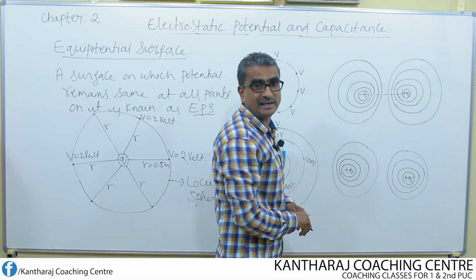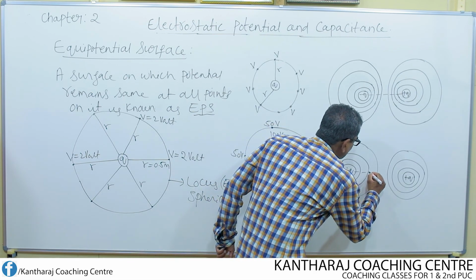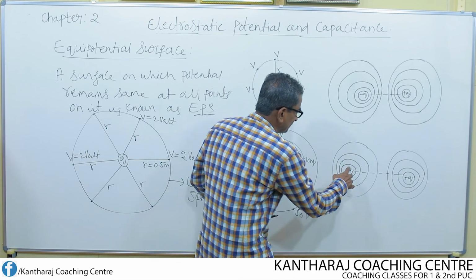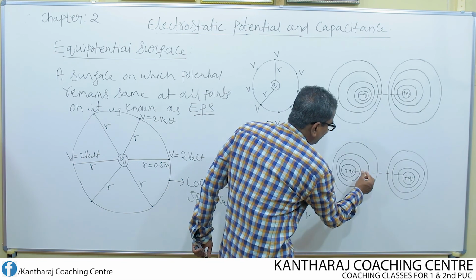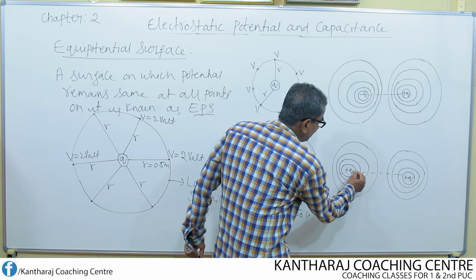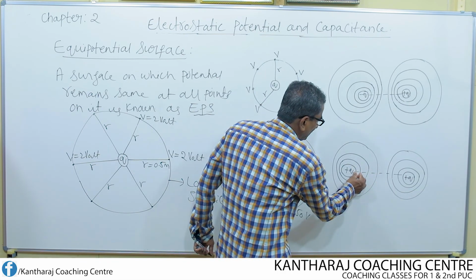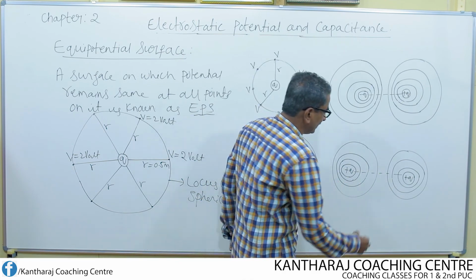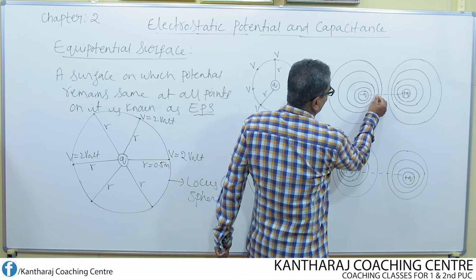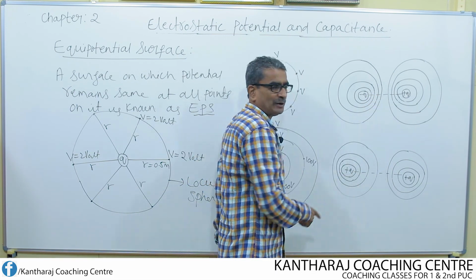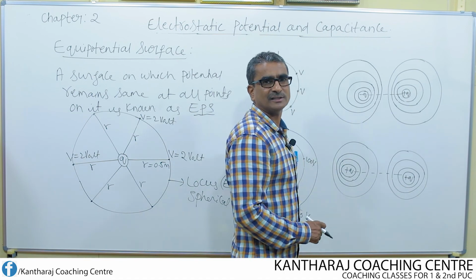Whereas in case of like charges, you notice the reverse situation. That means in the small distance between this charge and this charge, you can notice the equipotential surfaces are spreading out from each other. That means the equipotential surfaces are far apart from each other. Continuously, this space goes on increasing. Here it is not like that. This space goes on decreasing. So that is one difference we can notice between the unlike charges and the like charges.